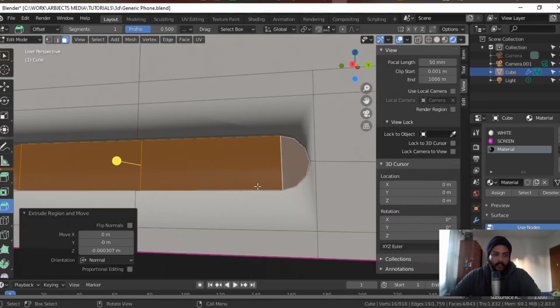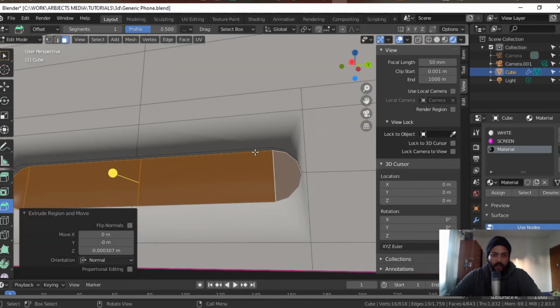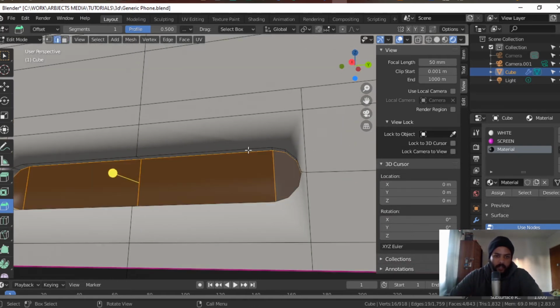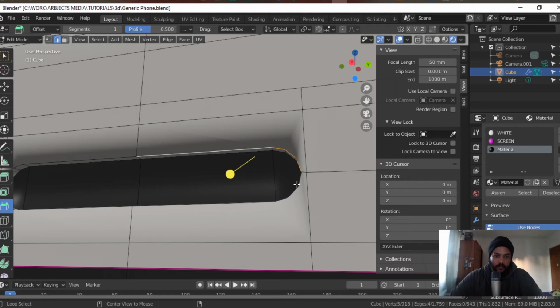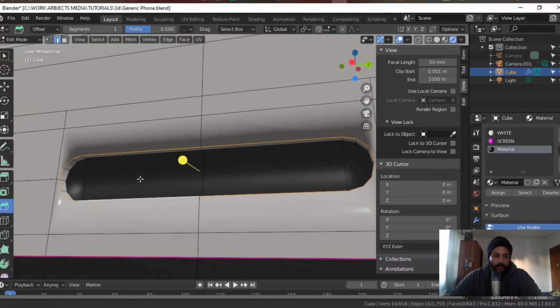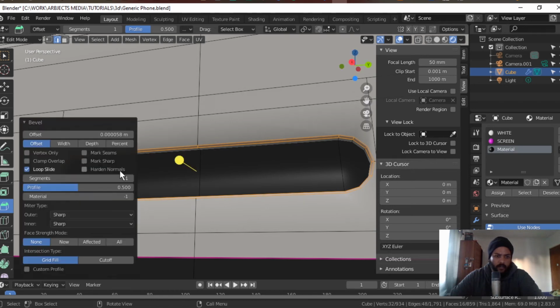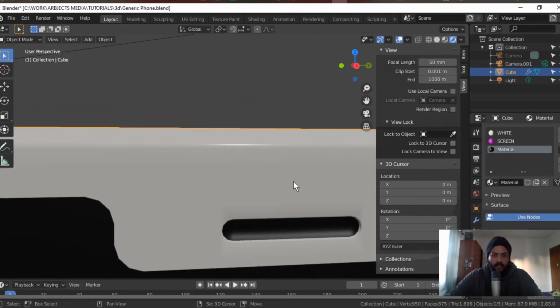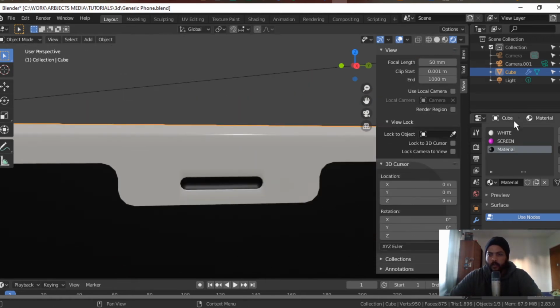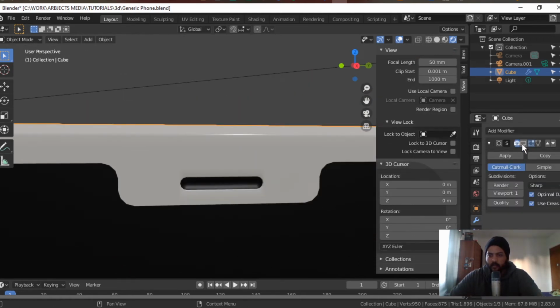And then what I like to do, just to make sure that we don't get these weird artifacts, is let's press 2 for edge, and then we are going to give it just a little bit of a bevel, just the smallest of bevels, with just one extra segment in there, and that's going to look neat. And if you were to chuck on the smoothing,